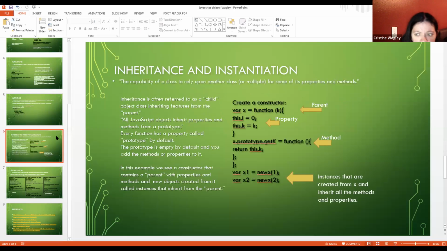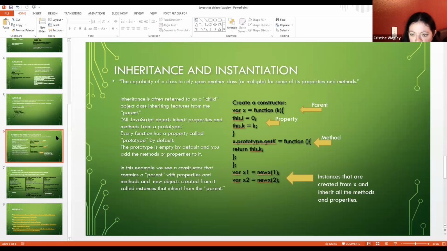The thing I had the most trouble with, I think, was inheritance and instantiation. I found a lot of conflicting information when it came to this. But basically, the two kind of relate, and that's why I put them in together.